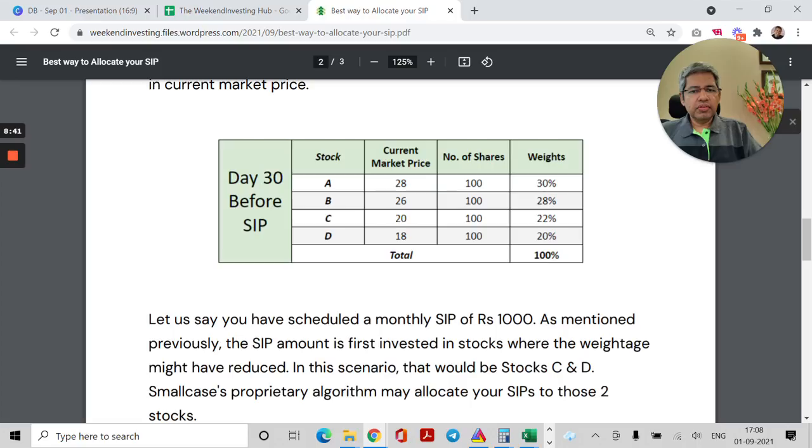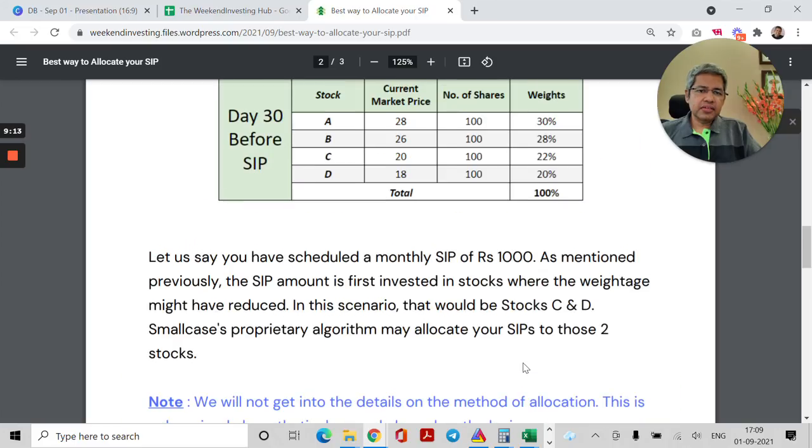Now, when you do a SIP, and let's say the model portfolio weights had not changed, just for the sake of an ideal world, it will try to push the 20 towards the 25% region, right? So stock C and D is where the SIP will get added,